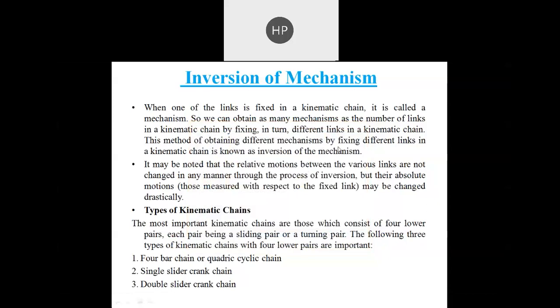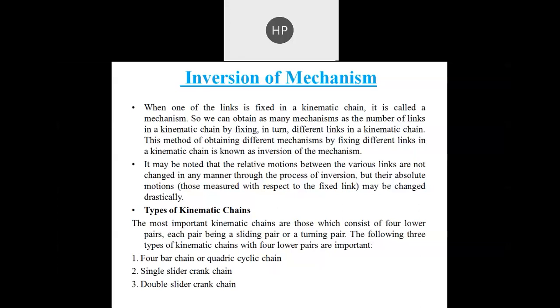Good morning, everyone. In this subject of kinematics and theory of machines, we are talking about the basic introduction of this subject, and we are talking about the links. We have already talked about the types of link. Then we talk about the pair, then kinematic chain. Then we have talked about mechanisms and how a mechanism is identified according to Grubler's criteria.